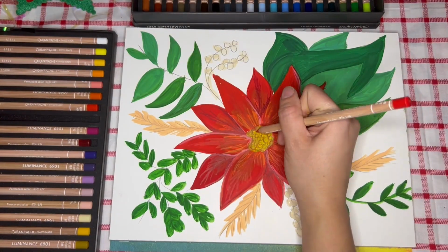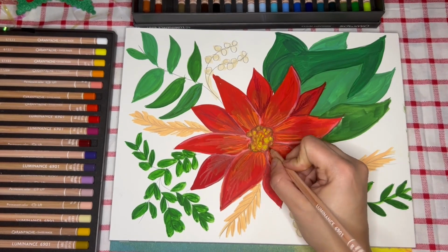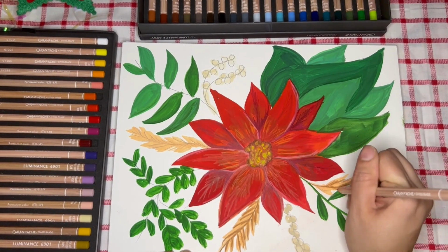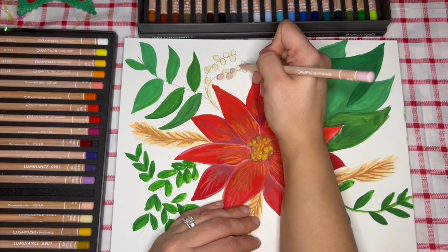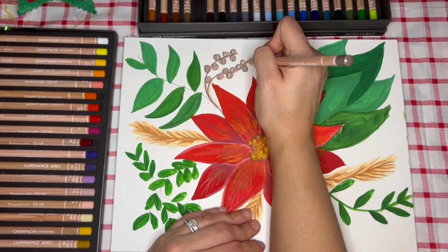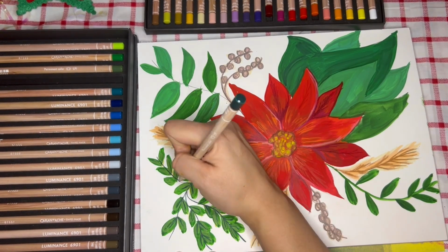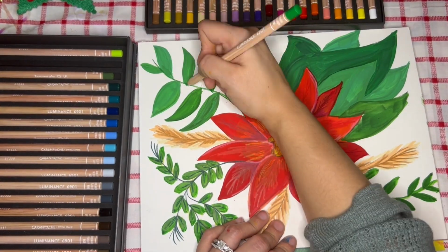So you can see that I originally went in with the gouache and I was kind of careless with the way I layered intentionally so that I can go back in and add detail with my color pencils. And this combination in particular, the Holbein gouache and the Caran d'Ache Luminance pencils, are like a match made in heaven. They layer so well. They absorb color and just reflect. I don't know, they just kind of partner really well, and you can see all the detail on top of